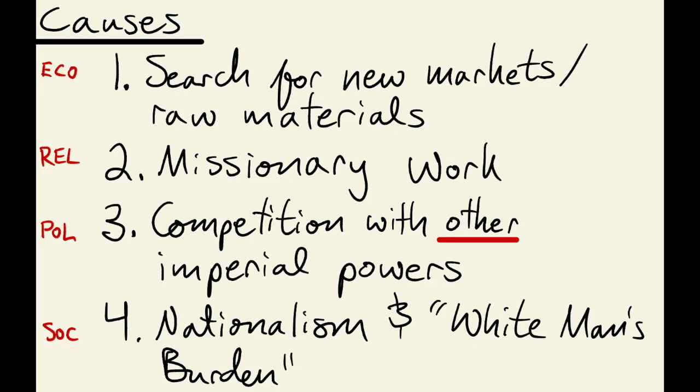The colonizing countries had lost their colonies due to the revolutions inspired by the Enlightenment, and so they want to establish new ones. So they want a captive market and raw materials like cash crops like cotton.